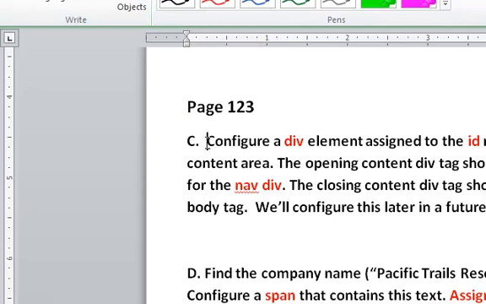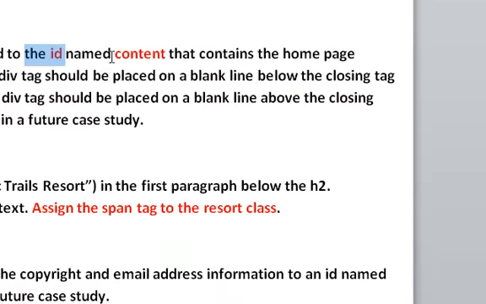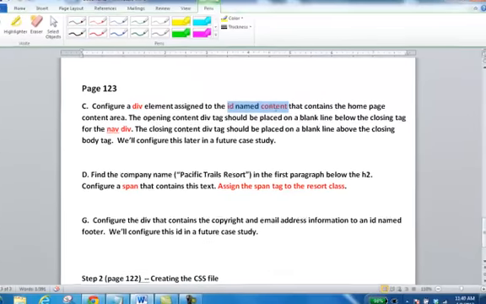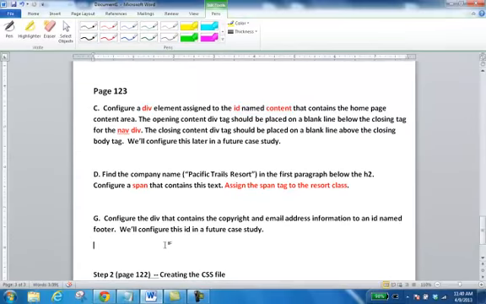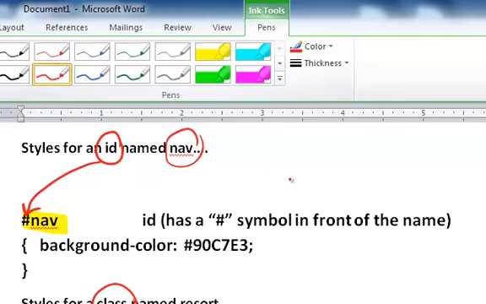It says in step C, configure a div element named content associated to the ID named content. Now what's confusing you right here, probably Sherry, is we didn't actually make an ID named content. If I were going to make an ID named content in my CSS file, because it's an ID, I would do pound content and put my little braces right there. It's an ID